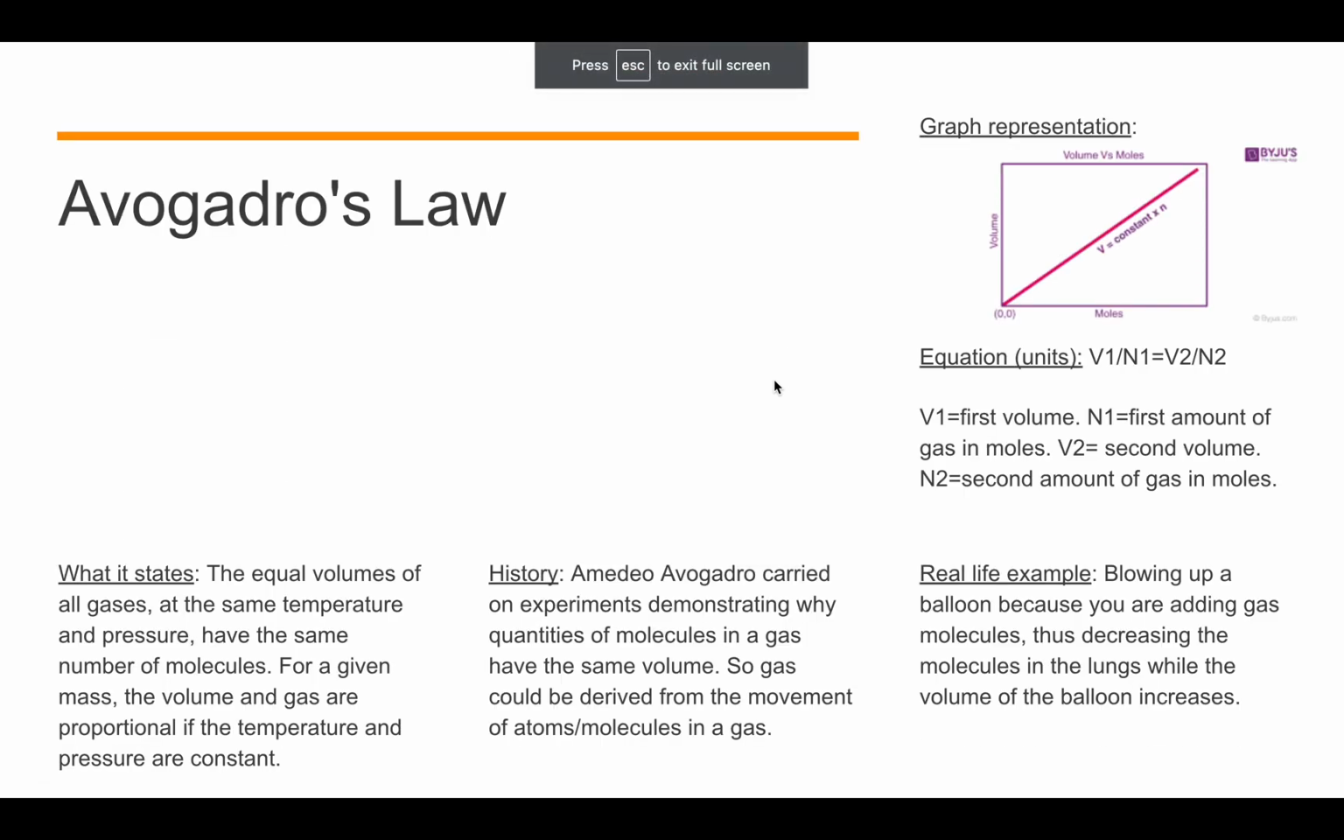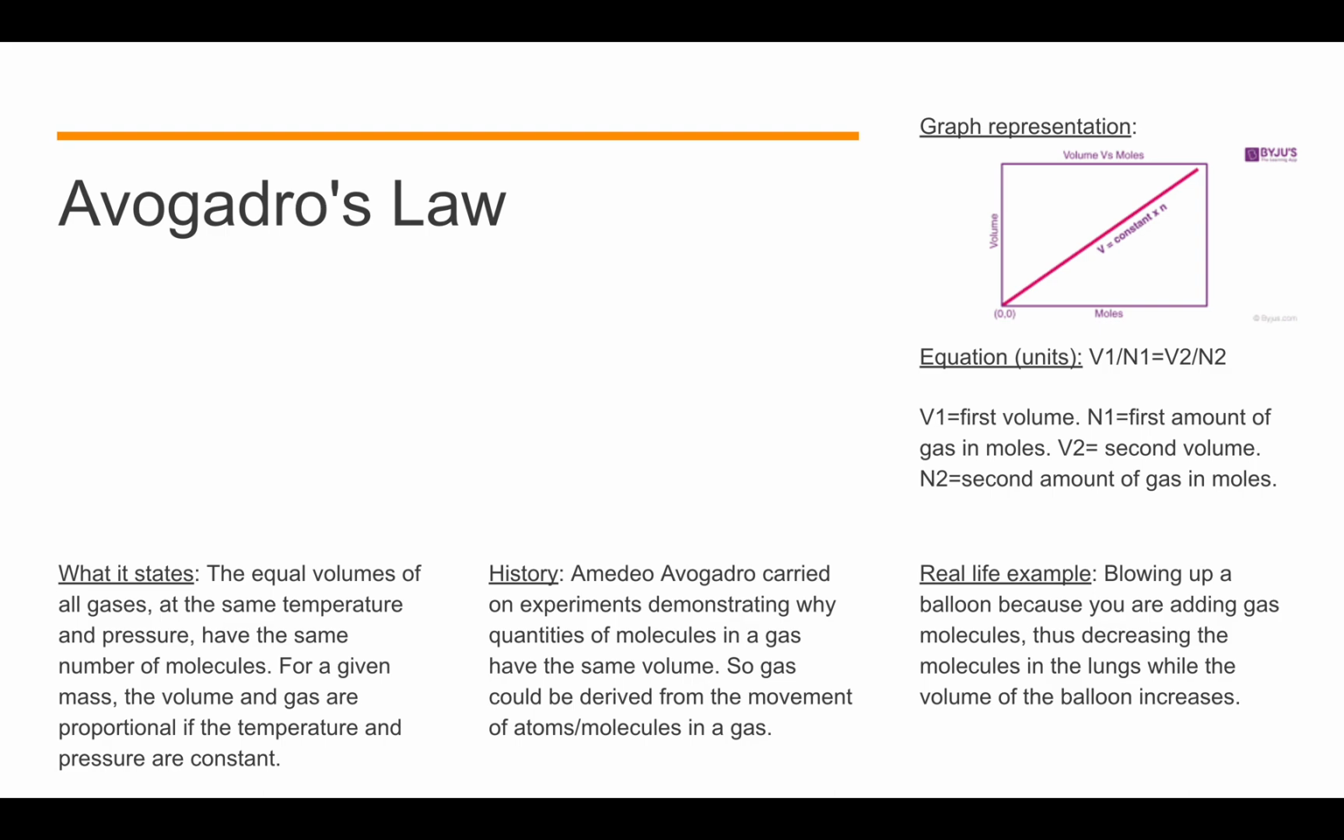So my next law that I'm going to introduce would be Avogadro's law, which states that equal volumes of all gases at the same temperature and pressure have the same number of molecules. So for a given mass, the volume and the gas are proportional if the temperature and pressure are constant. And some history on it was that